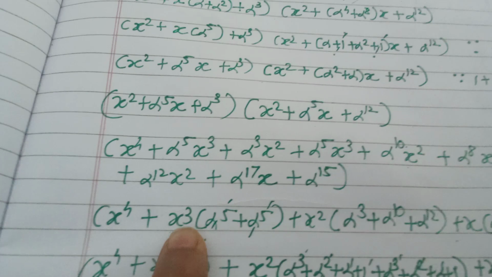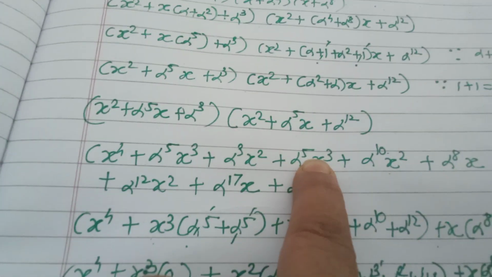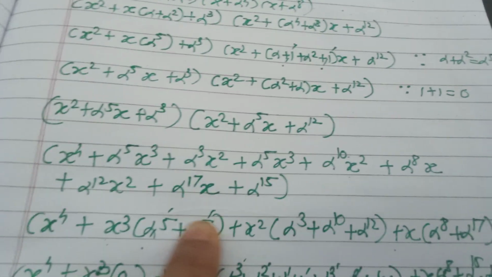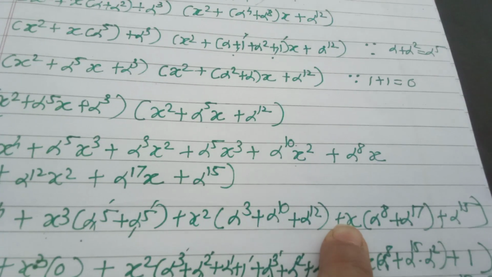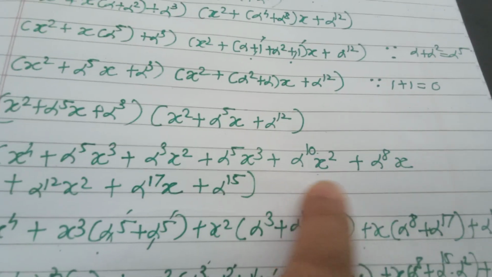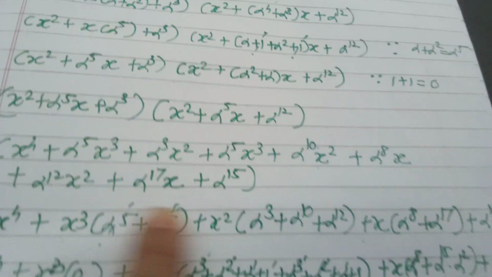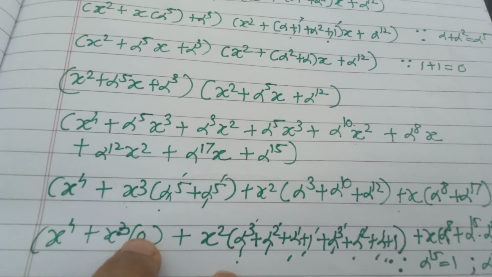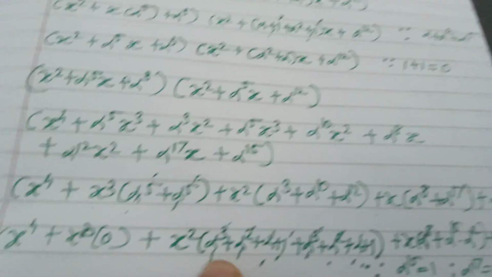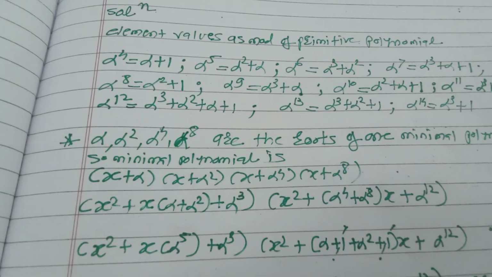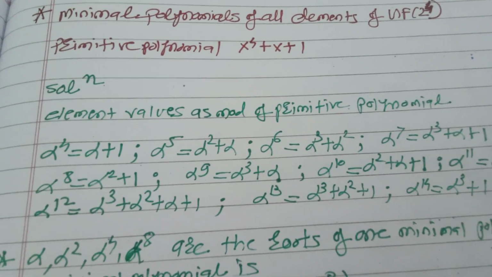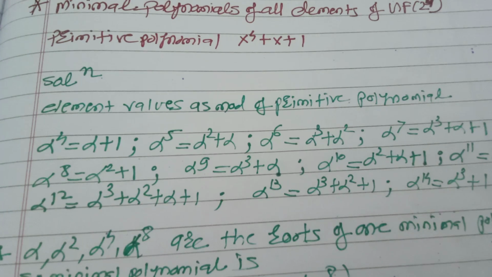After that x raised to 4, x cube, common terms are 5, 5, x square common terms are cube, 10 and 12, x common terms are 8, 8 and 17, then alpha 15, again 5 gets cancelled out, it is 0. Cube is as it is because cube does not have alpha; cube has mod value as alpha cube only. The mod value appears after alpha from alpha 4, because here in the equation x raised to